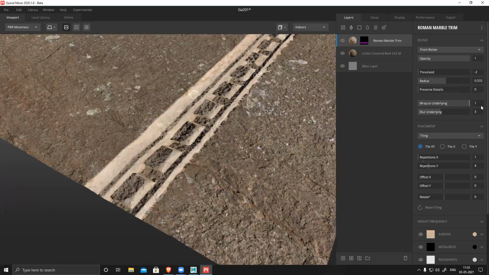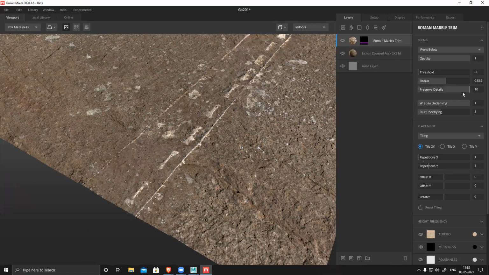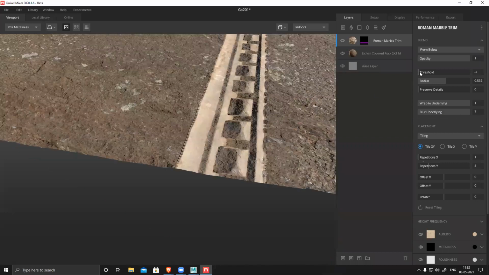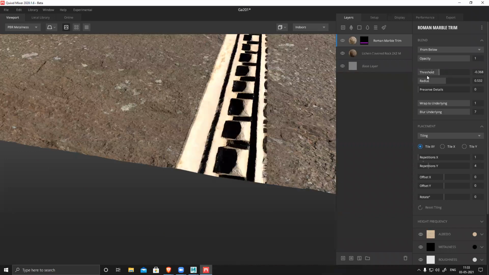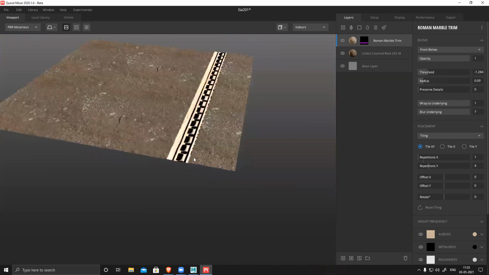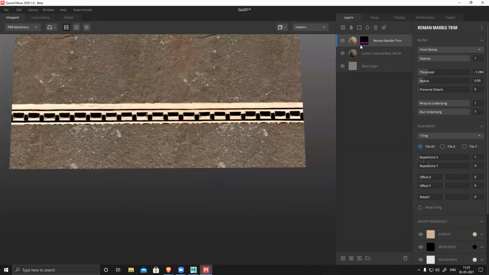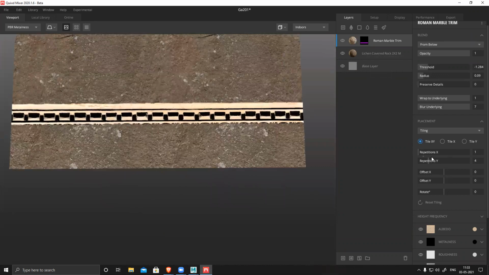So wrap underlying, remove. Preserve detail I can keep or remove. Base I'm going to blur out. Threshold I can control, radius also can control. So everything I can control. And now if I feel okay, I want this design, but not like this. I want this thing in proper resolution.